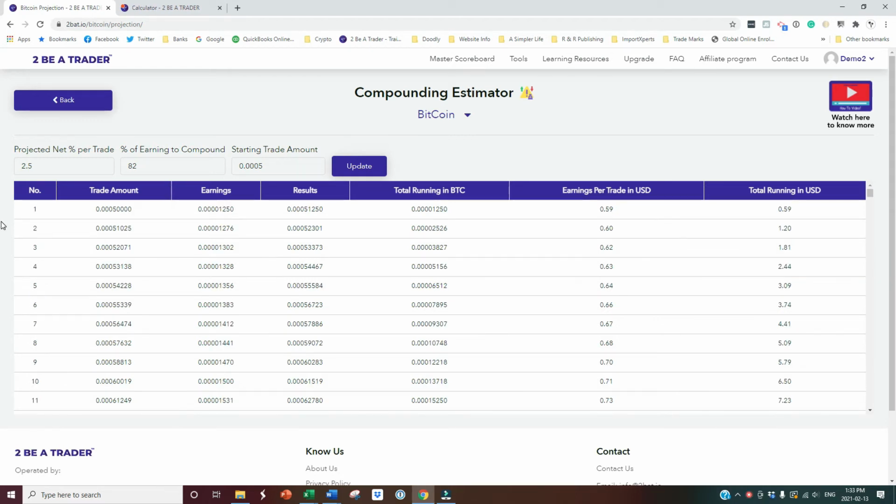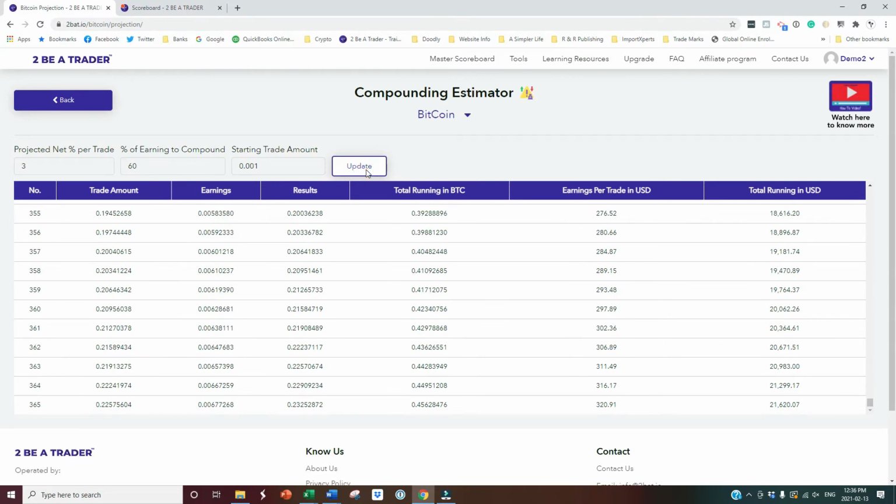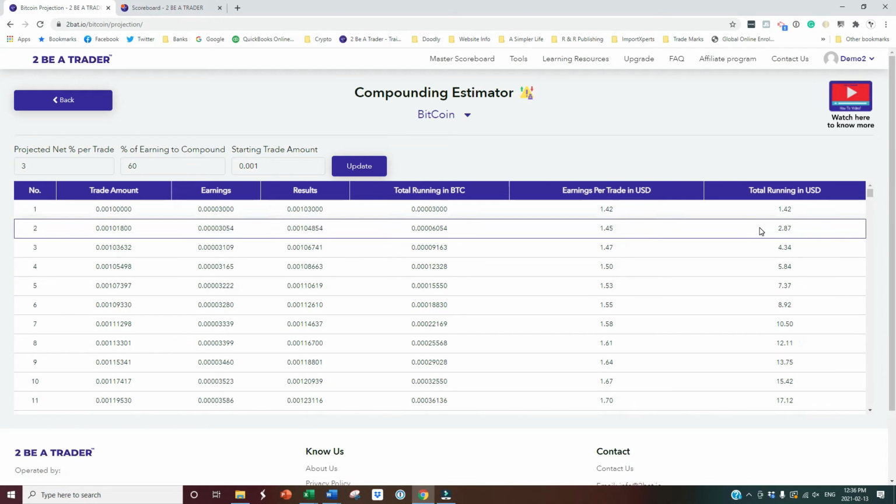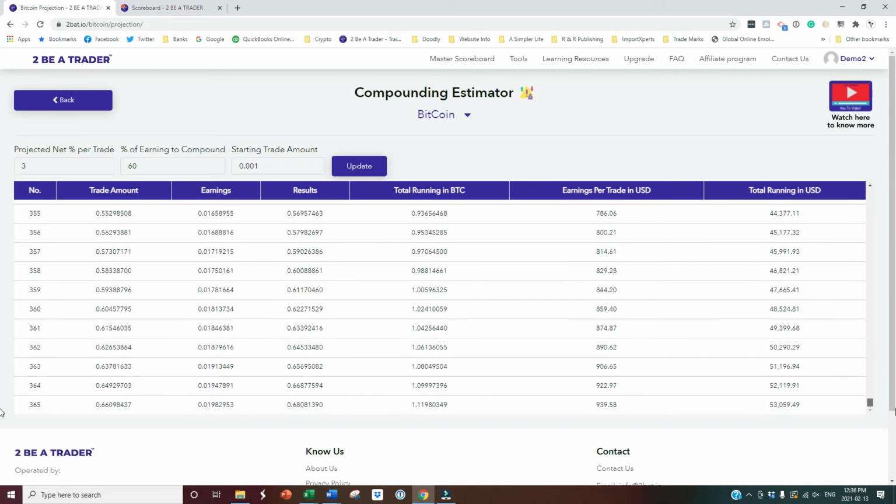Here is a second example to earn 1 Bitcoin. Projected net earning percentage per trade, 3%. Percentage of earning to compound, 60%. Starting trade amount, 0.001. Click Update. If we go to the bottom, you can see that implementing this strategy can earn you 1 Bitcoin after 359